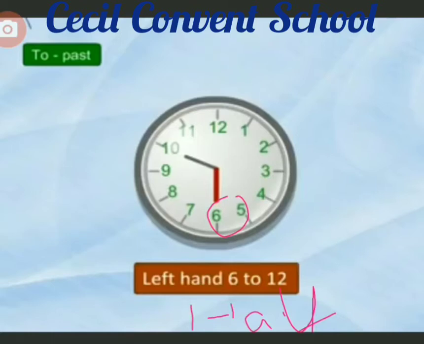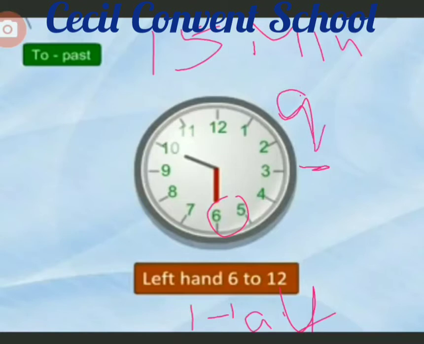If half an hour is covered, it means we have covered 30 minutes. So 30 minutes we consider half, clear? And when the minute hand is on 3, we consider it 15 minutes. So 15 minutes, students, we consider a quarter, because 15 minutes means we have covered 1/4 of the total. 1/4 is 15 minutes, and in words we can also write it as quarter. If it is on 3 and 9, we can consider it a quarter. Clear?